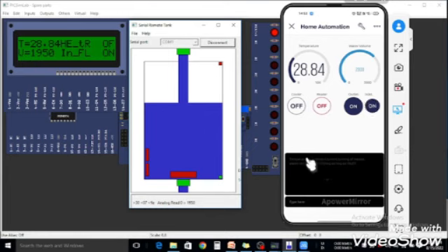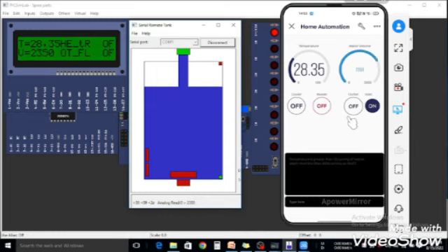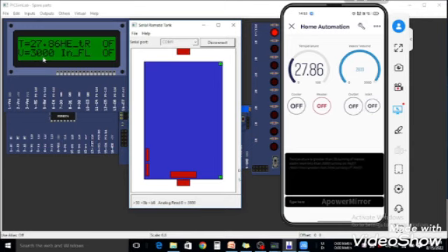Once the volume is less than 2000, we have written the code in such a way that it will turn on the inlet automatically, and we can see that it will start to fill up to 3000. On the CLCD we can see that the volume is getting updated, and once the level reaches 3000, we get the notification that the water level is greater than 3000 liters, turning off the inlet.